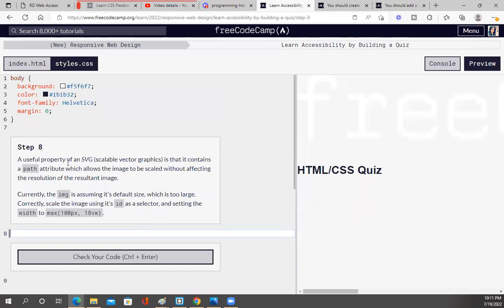A useful property of an SVG, scalable vector graphics, is that it contains a path attribute, which allows the image to be scaled without affecting the resolution of the resultant image. Currently, the image is assuming its default size, which is too large. Got it. Scale the image using its ID as a selector